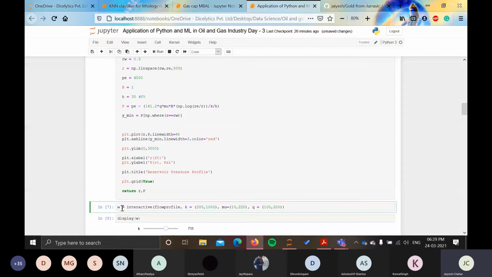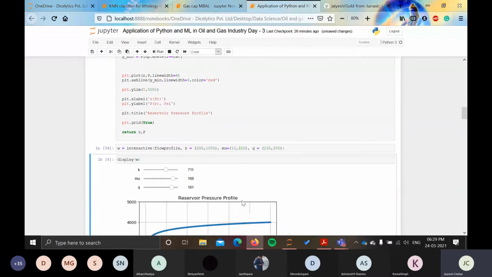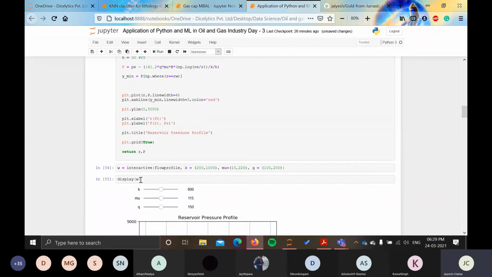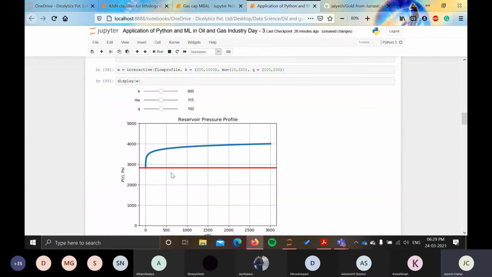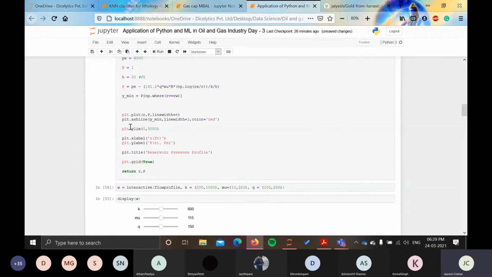And I have stored that in a name, say W. After that, I will run this cell, display W, and this will make our interactive plot. So now here you can see this horizontal line. This is made by plt.axhline, giving the value of y where we want to plot that horizontal line, which I have printed as y minimum.